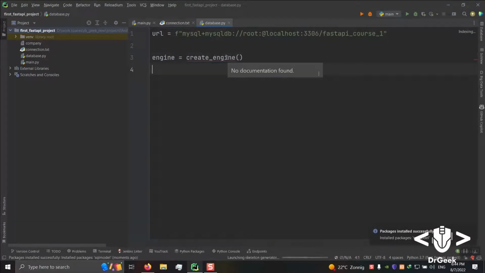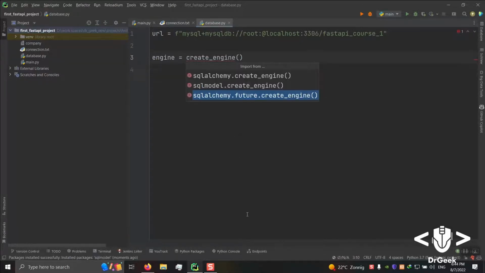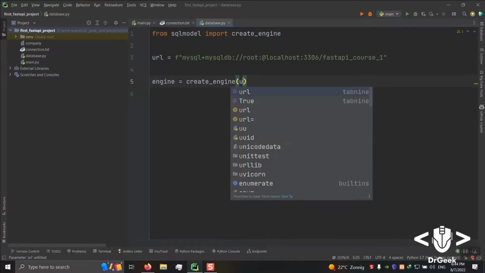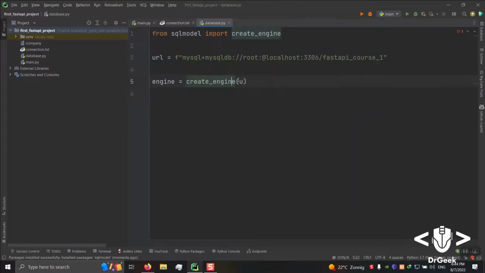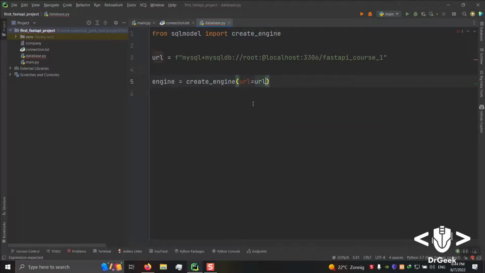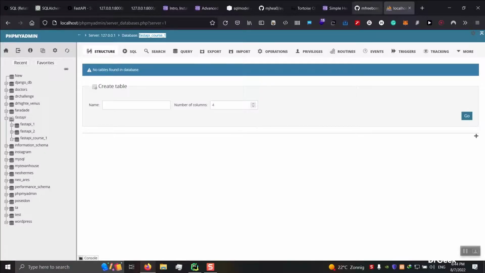We're waiting for our system to index files, and okay, import SQLAlchemy and SQLModel. Now I'm going to click SQLModel here. Now it is telling us the parameter url is not defined. I'm just going to send url equals url, our URL here.